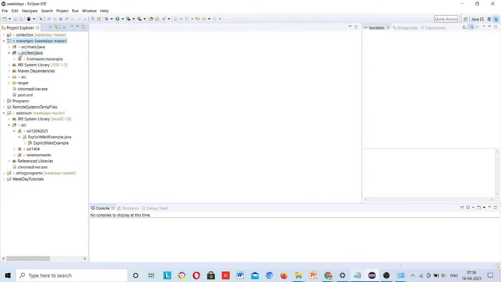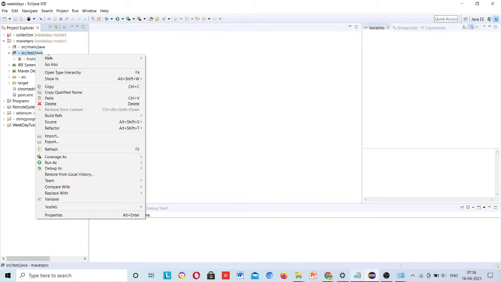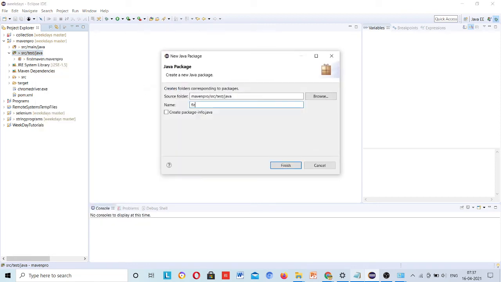And go to this src test Java. All your test cases in future will be inside this folder only. And here you need to create a package, first pro Maven tutorial.